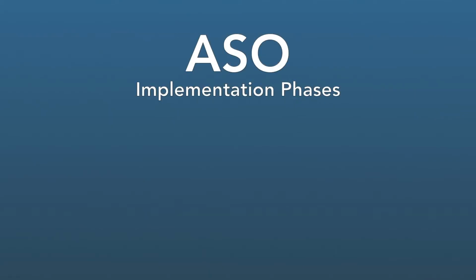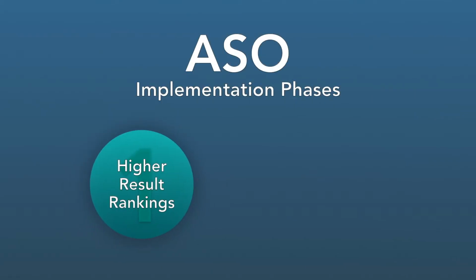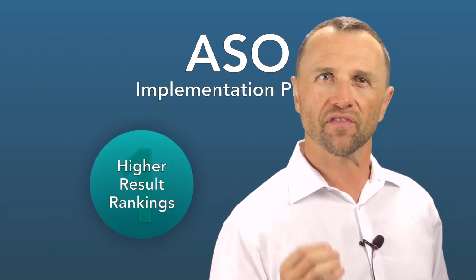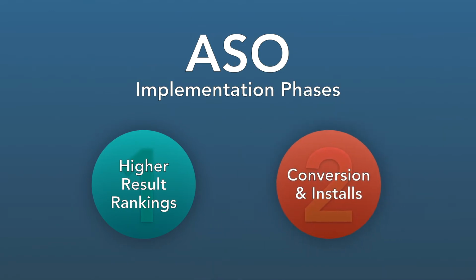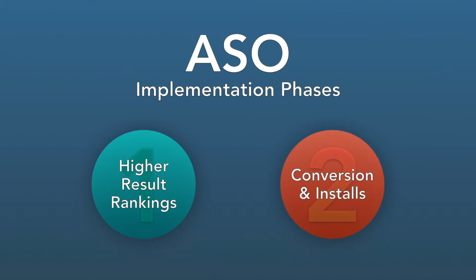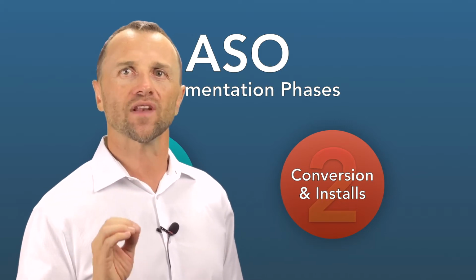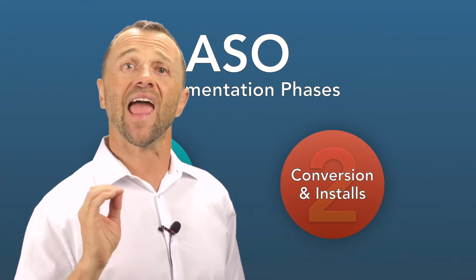Once your keyword lists are in place, it is important to note that there are two implementation phases to the ASO. The first implementation phase is the optimization, aiming at ranking on the top of search result pages. For the most part, this phase happens only once and prior to the launch of your app. The second implementation phase is the optimization, attempting to convince the visitor to convert and download the app. Contrary to the first phase, this one can be repeated multiple times and at any time during a mobile app acquisition. Both phases are important and use the keywords you identified throughout the prior steps,